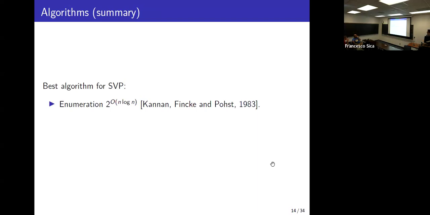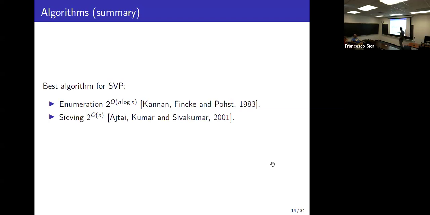So there is an enumeration algorithm, which is quite simple. I will just mention this, which runs in 2 to the big O of n log n, basically the constant over here. So it's slightly super exponential time, because 2 to the n is single exponential, and there is the log n, so that's why I call it super exponential. That's one of the algorithms for solving the problem, where n denotes the rank or the dimension of the lattice.